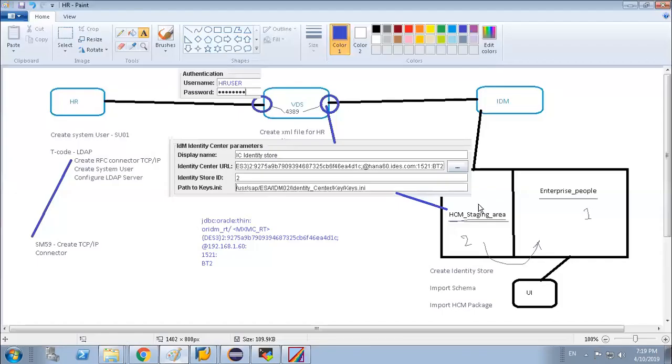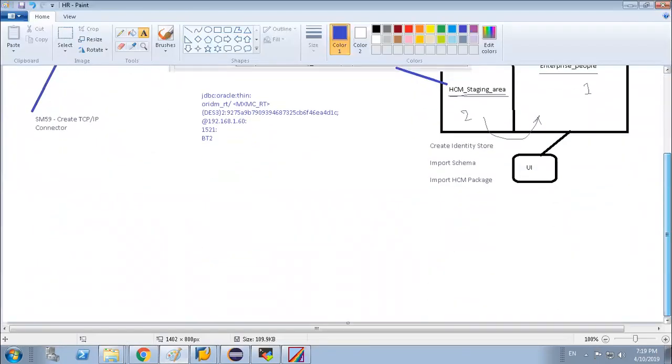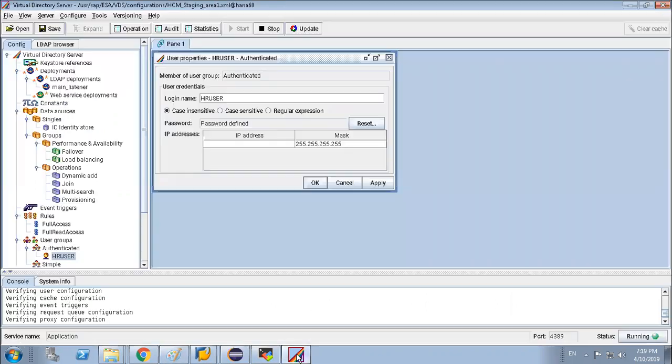Our entire system has been installed on Linux: our Unix server, IDM, the database, and the VDS are also installed there. So we have to configure that VDS server in our Unix server, where we do all the configuration.